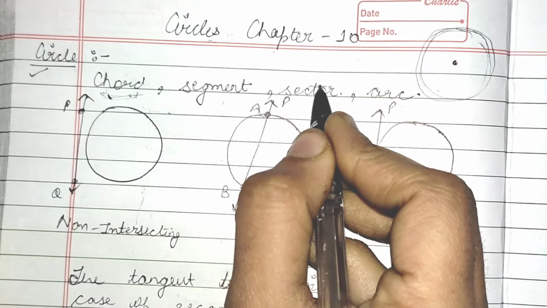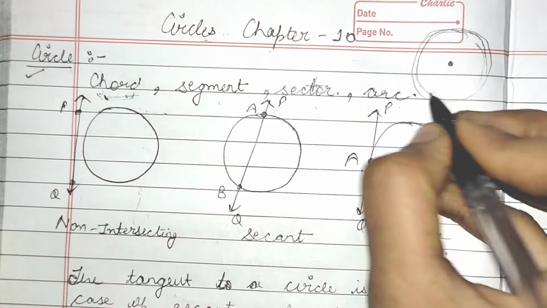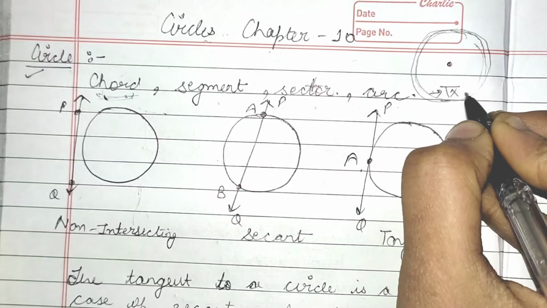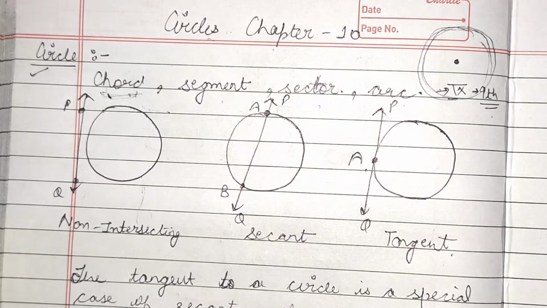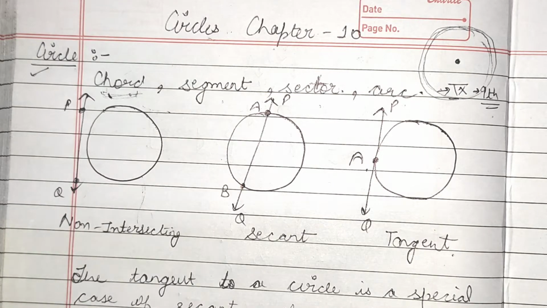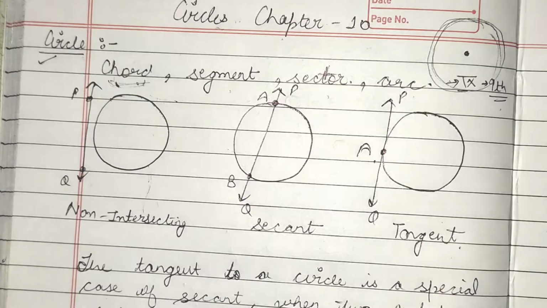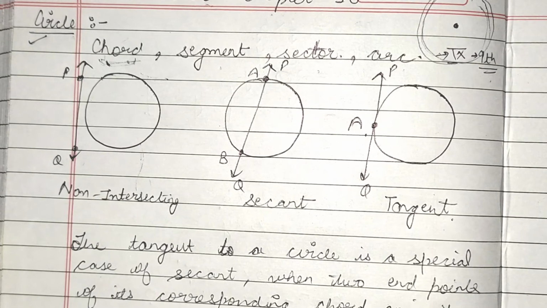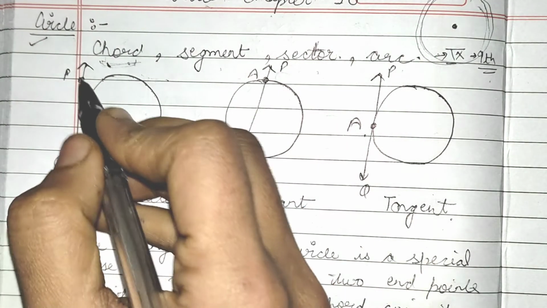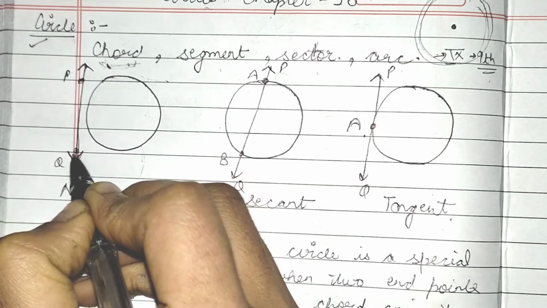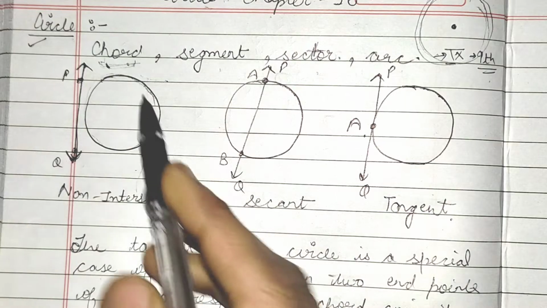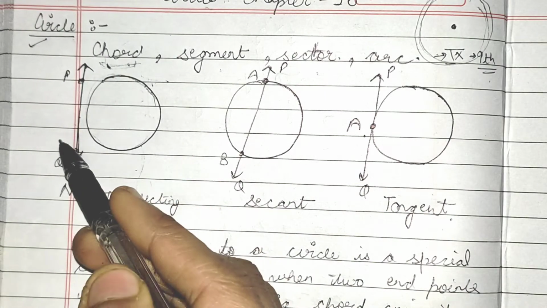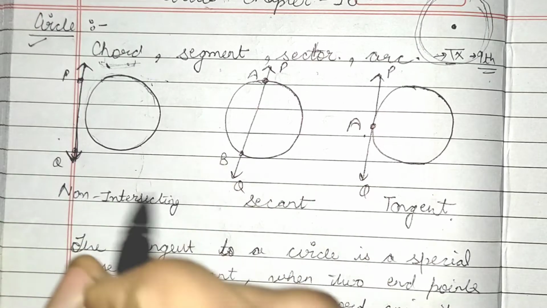This was part of your class 9th. All these things you have studied in class 9th. In this chapter in class 10th we will study a few more terms. So let us start understanding what those terms are and how they are related to the circle. To understand that, we will take a circle and a line, and see how a circle and a line are related to each other and what new things they bring to us.